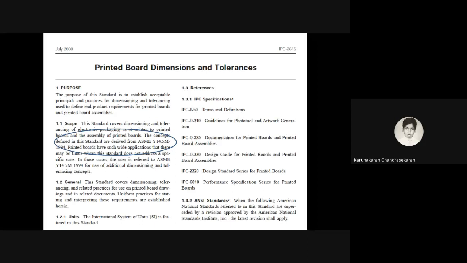particular code. And most of the codes which you can see are closely related to ASME, so we need to brush up our basics from first year engineering graphics, then basic mechanical engineering fundamentals, and then machine drawing fundamentals. Unfortunately, machine drawing has not been dealt with in the electronics and electrical engineering curricula, but in mechanical they have covered it, but they have only one topic called geometric dimensioning and tolerancing. So that particular thing I will also refresh, so that you will feel very happy when you go for the IPC 2615 code